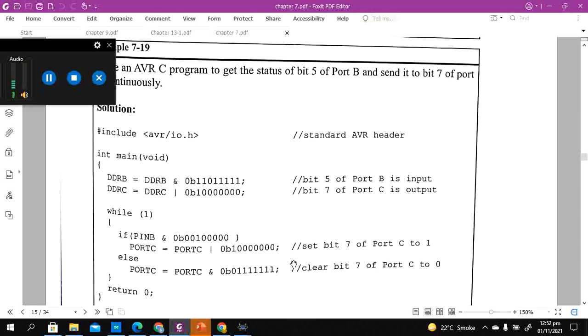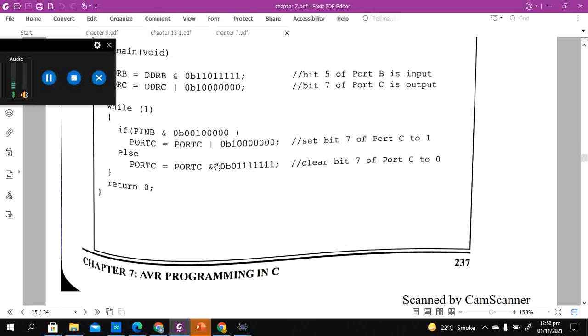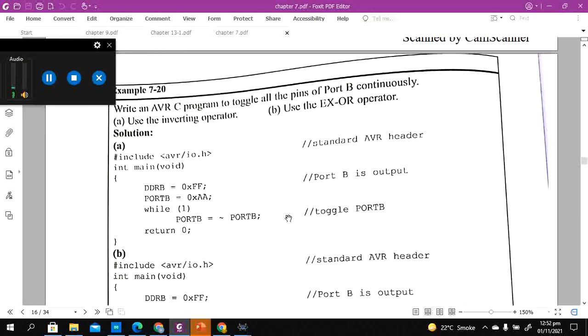If you want to make a particular bit of a port 1, you will use this OR and this type of mask. If you want to make it 0, you will use an AND mask, and you will make that particular bit of the port 0. This will AND 0 with this thing and make sure that the port becomes 0, because in A and B, if any of A or B is 0, it is certain that the output is going to be 0. So A and 0 is going to be 0, and A or 1 is going to be 1.